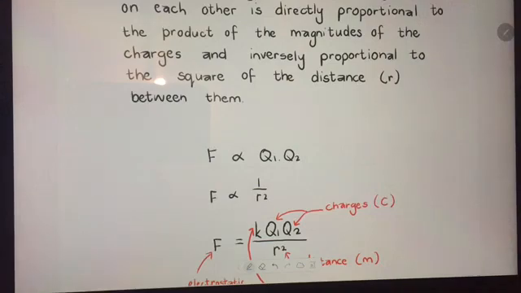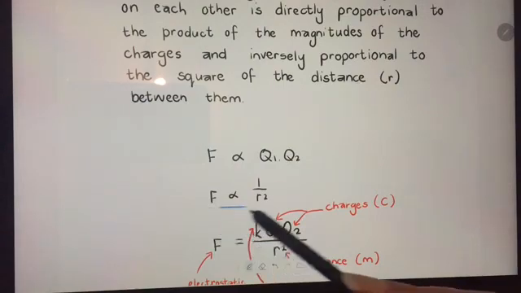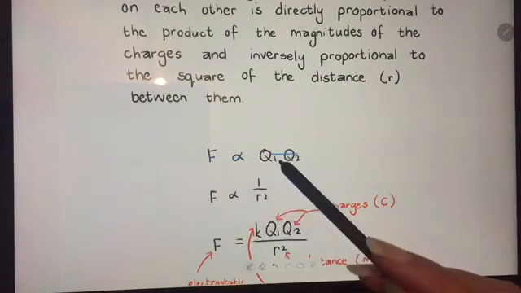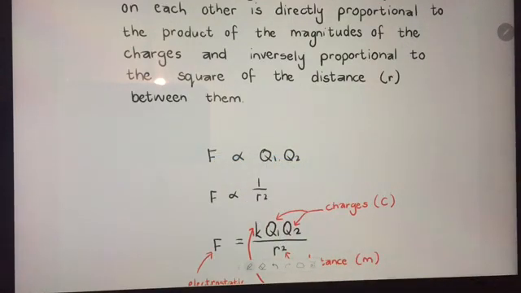So if I take two charges and I move them closer together, so I decrease the distance between them, what is going to happen to this force? The force is going to increase. If I take the same two charges and I move them further apart from each other, so I increase this distance, what is going to happen to the force? The force is going to decrease because force and distance are inversely proportional, and force and magnitude of the charges are directly